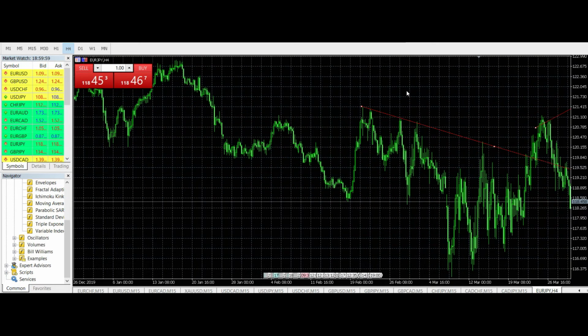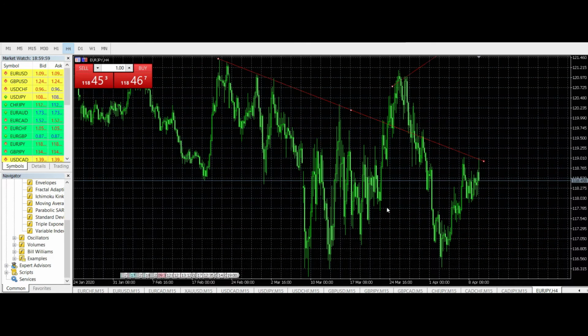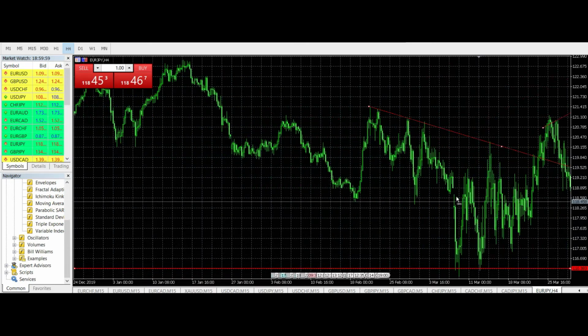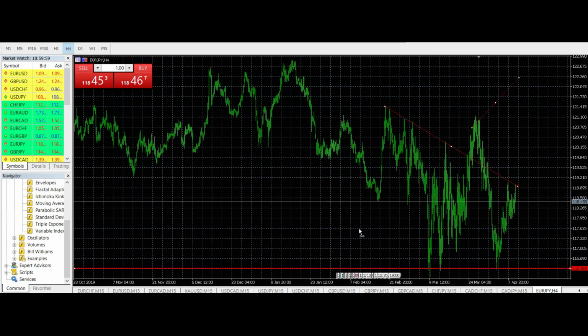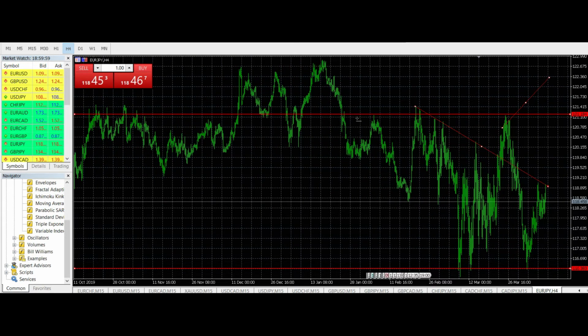Then we have to look at different resistance and support levels. So for example, here we obviously have a support line or level. The price went down, tested the support, back up, down, tested the support, back up. And if we want to look at the last resistance line, we just take a look here, and we can see right here